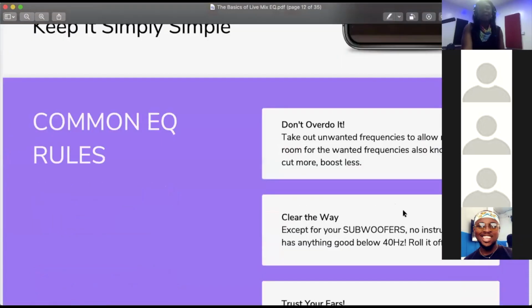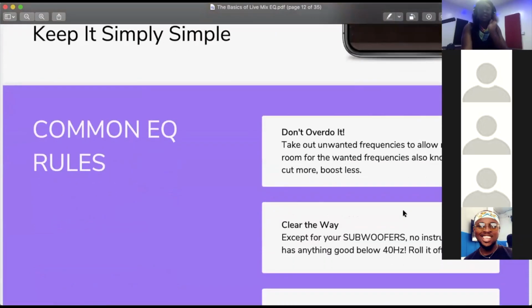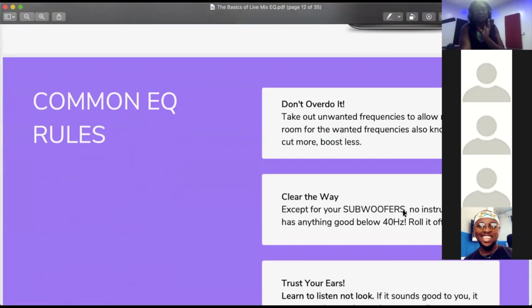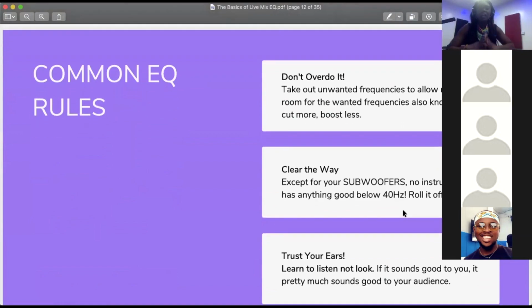And then other rules, don't overdo it. Just take out the unwanted frequencies, okay? Take out the unwanted frequencies to allow for the wanted frequencies that you want. You know the rule: cut more and boost less. It's better to cut than to boost. You know that rule. So then again, there are other rules that you need to